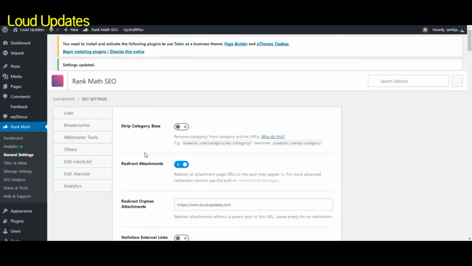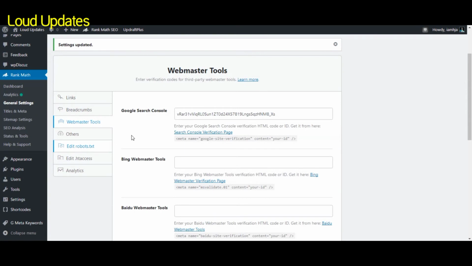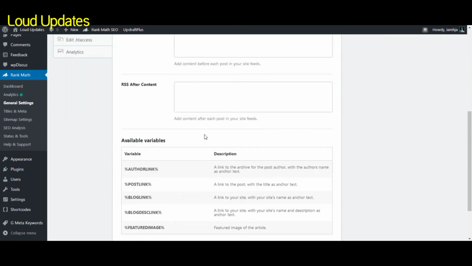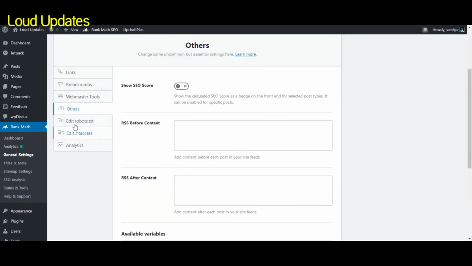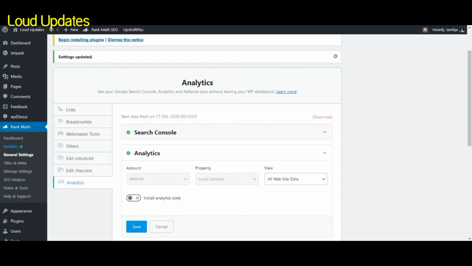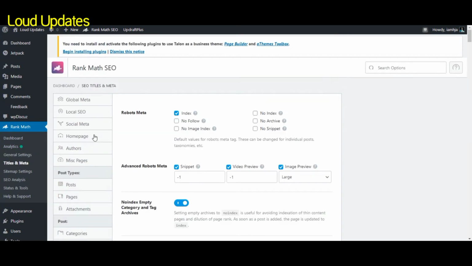If you have them, then connect them to rank your website easily. Then show the SEO score. If you have it, set it up. Next is analytics. We already connected analytics, so we don't need to do anything.